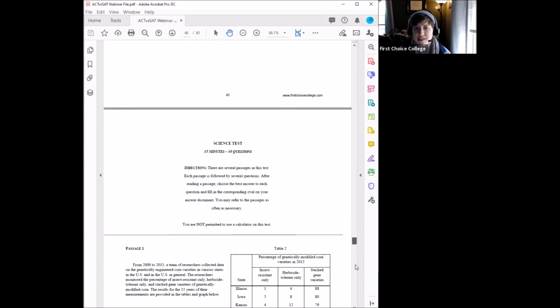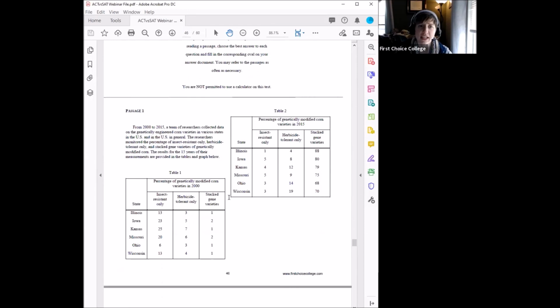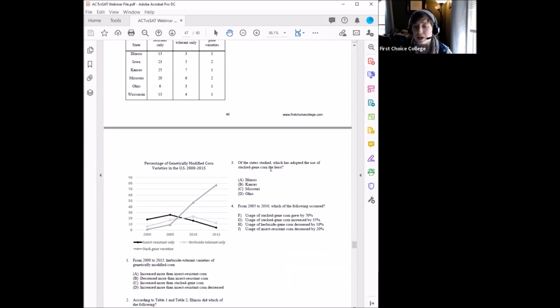So the last is the science test, so a section showing that. And this is exactly what students are going to see, right? They're going to see passages and tables, and then answer questions based on those passages and tables. So it's not science like recall information. It's not like the subject tests where you're expected to know information. It's often easier if you do happen to have some familiarity with some of it, but all the information is actually there in the passage.